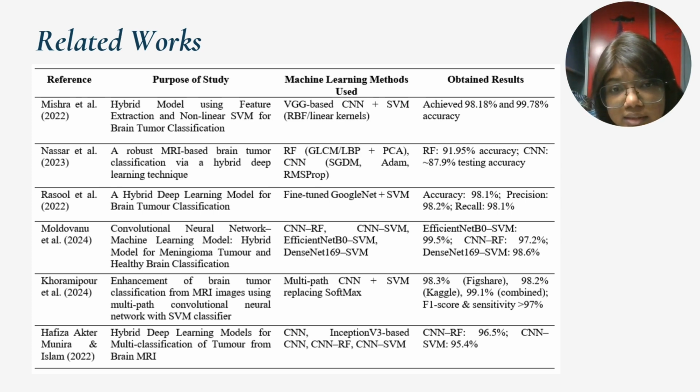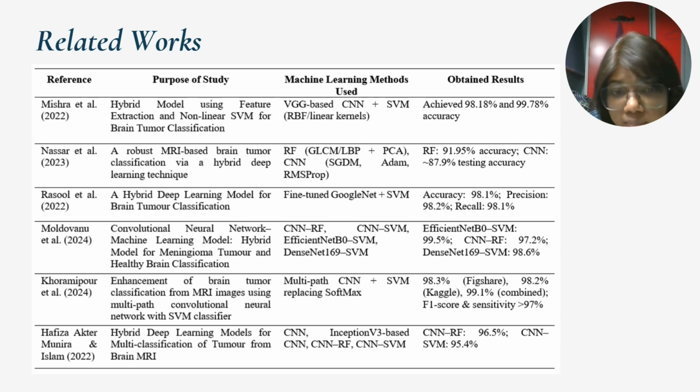The next one is by Koramipo. They developed a multi-path CNN architecture where the traditional softmax layer was replaced with an SVM classifier. Their model achieved 98.3% accuracy on the Figshare dataset, 98.2% on Kaggle, and 99.1% on a combined dataset, with F1 scores and sensitivity